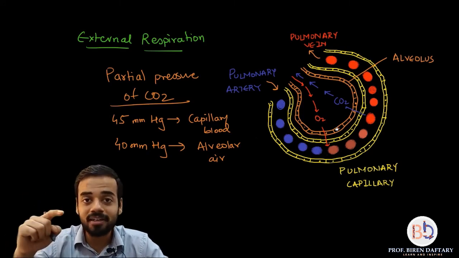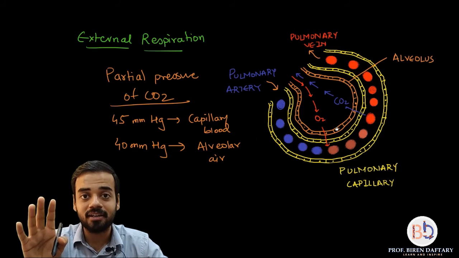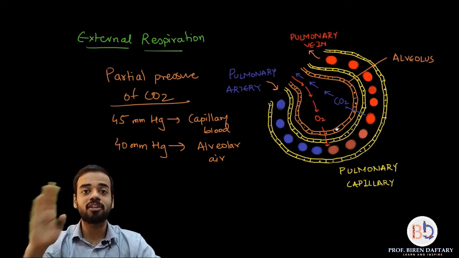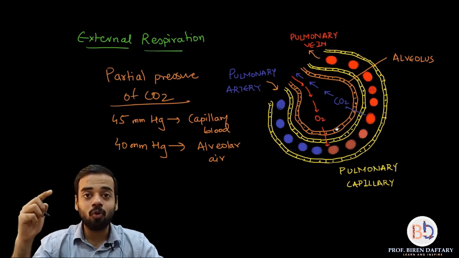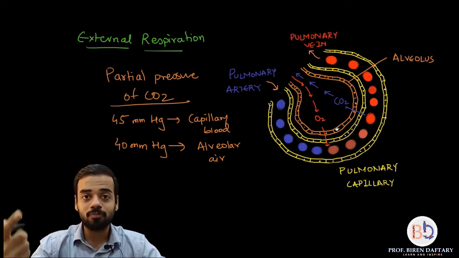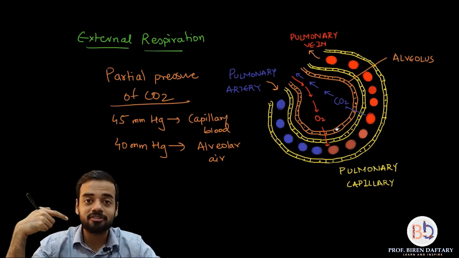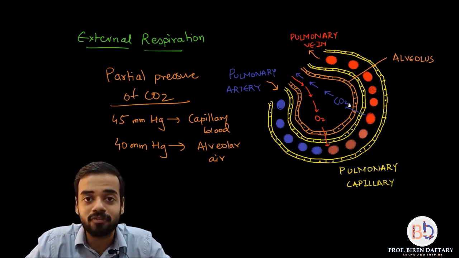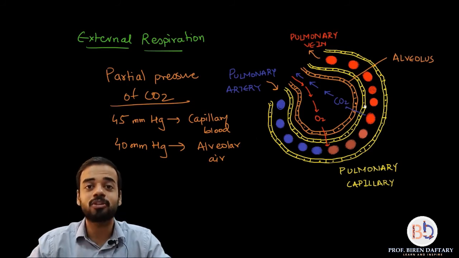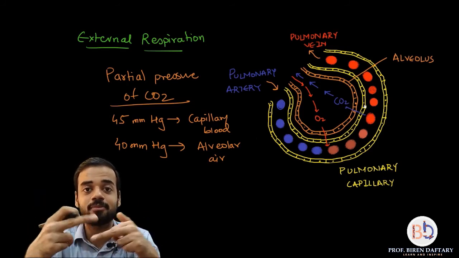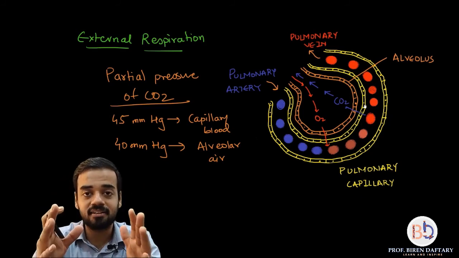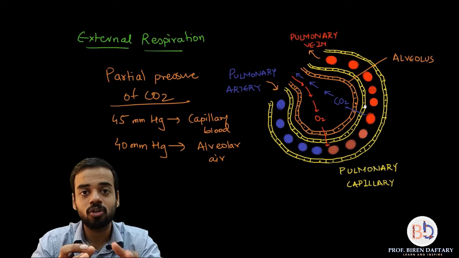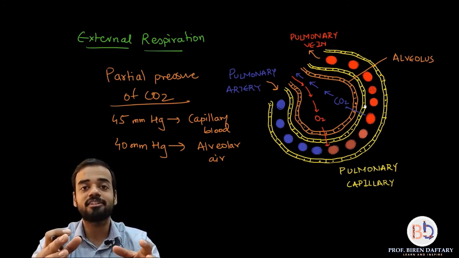So the blood is not entering the alveoli. This is a closed circulatory system. The blood is only going to flow in the vessels. But whatever things you need to remove from the blood or add to the blood, only those things will get diffused, and that is because the membranes of alveoli and the capillaries both are very, very thin, and hence things can move across it. Is this clear? Okay, so with that we finish external respiration also. I hope you have understood external respiration.